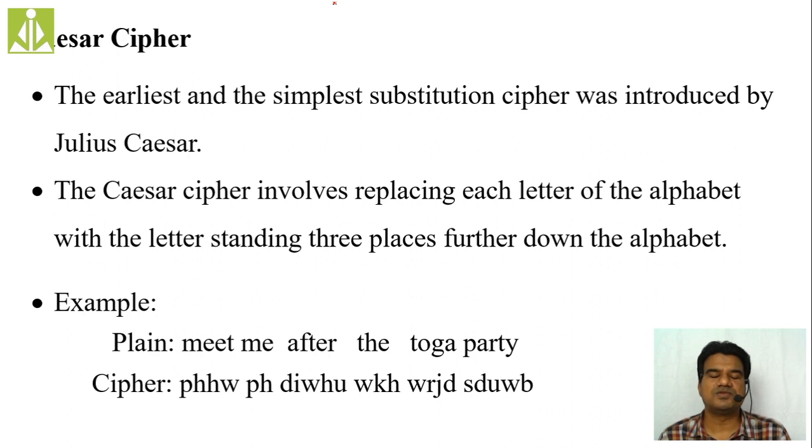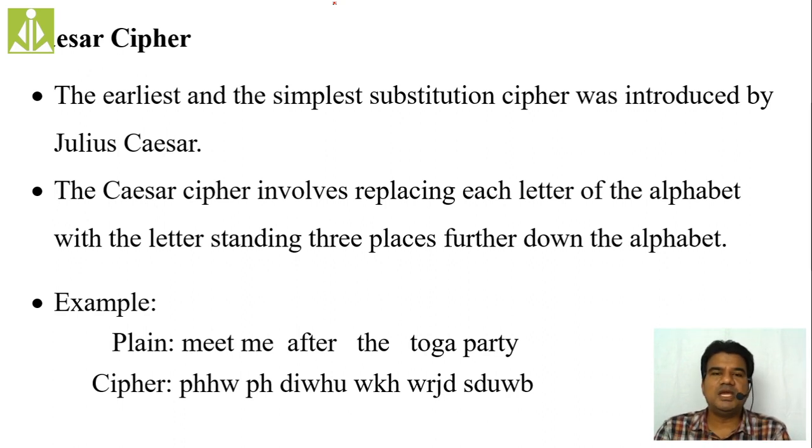How are we selecting the subsequent character? In the English alphabet we select a subsequent alphabet, and that too three characters down. Suppose we have A in our plain text, so three characters down in the alphabet means we select B, C, D. So D will become the subsequent character in the ciphertext. You have A in the plain text and you get D in the ciphertext, and 3 is your key. So we go three characters down in the alphabet and select the subsequent character.